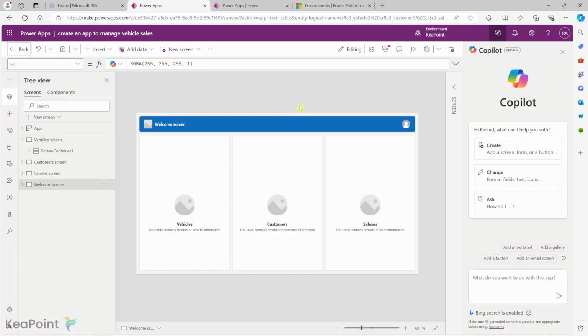So it took roughly 2 minutes for it to load the whole application for me. You can see the home screen here, and on the left hand menu we can see a vehicle screen, a customer screen, and a sales screen as well. So in total there are 4 screens created, one for each database table and one for the home screen. So I can go ahead and make changes to this